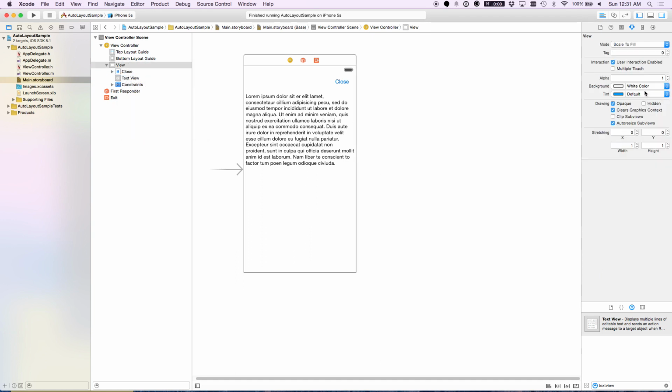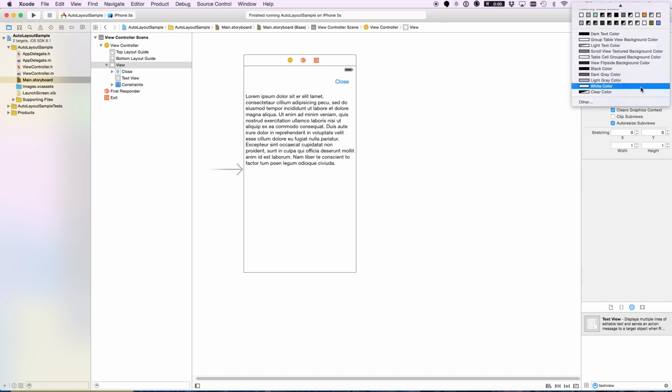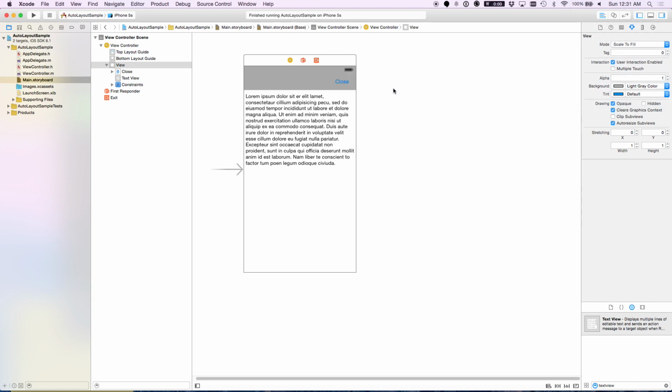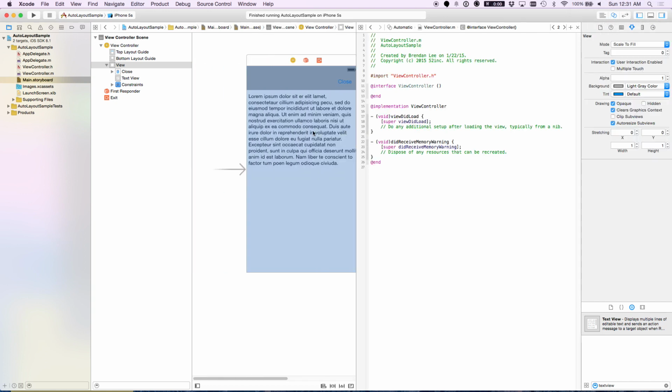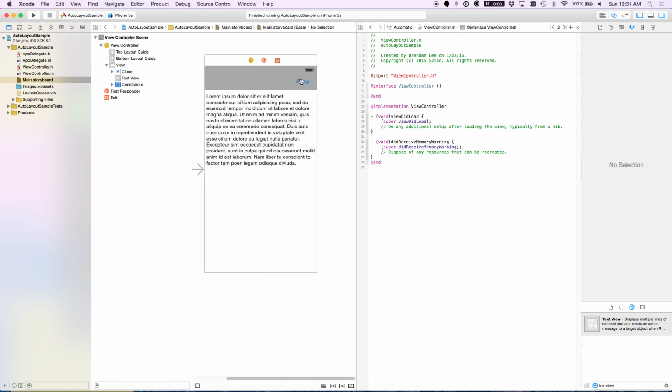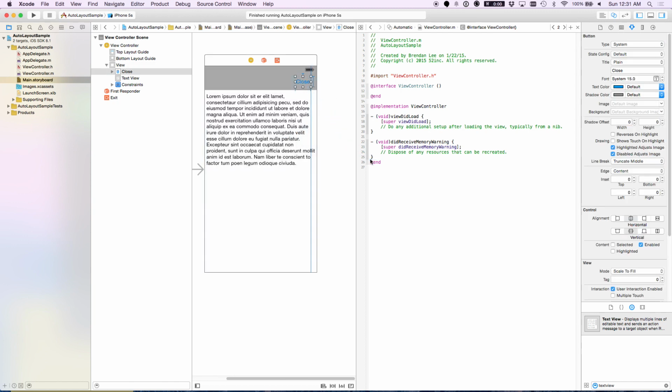Now, since I'm going to be demonstrating how to animate with the keyboard in auto layout, I want to see what happens when the animation is wrong or not working. So I'm going to change the background view color to gray. I'm going to open up the assistant editor so that I can see my M file. I need to close the keyboard, so I'm going to drag this down here and say close keyboard,